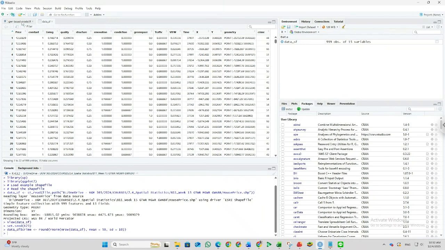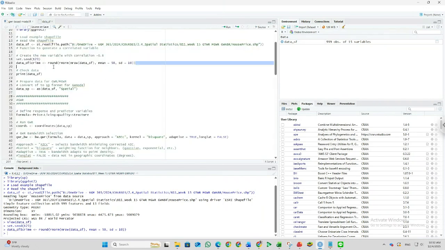So for the two rows, you can also add other new variables based on your description. Maybe for green, you can add something like crash or anything that you like.